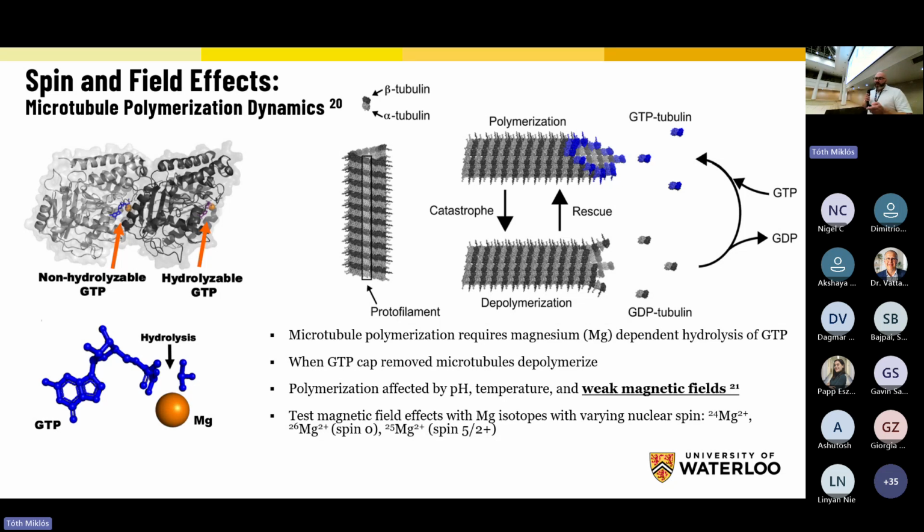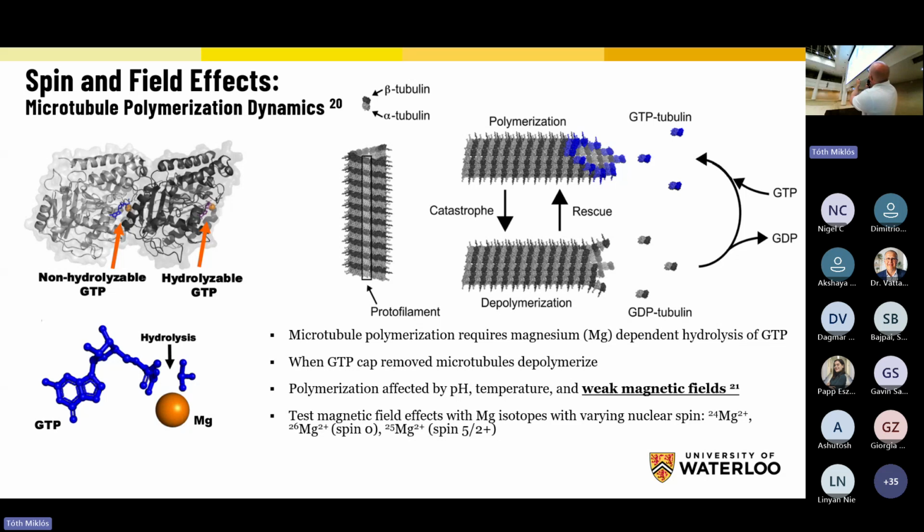Now, the process by which tubulin polymerizes into microtubules is dependent on GTP, an analog of ATP. What happens is that GTP tubulin will stick to the end of a microtubule, causing it to grow. Over time, that GTP, in the presence of a magnesium ion, will become hydrolyzed, and a phosphate group will be removed from the end of the GTP, leaving behind GDP. What that does is cause tubulin to bend slightly, and it puts a little bit of strain on the microtubule. That's what this gray tubulin is here.